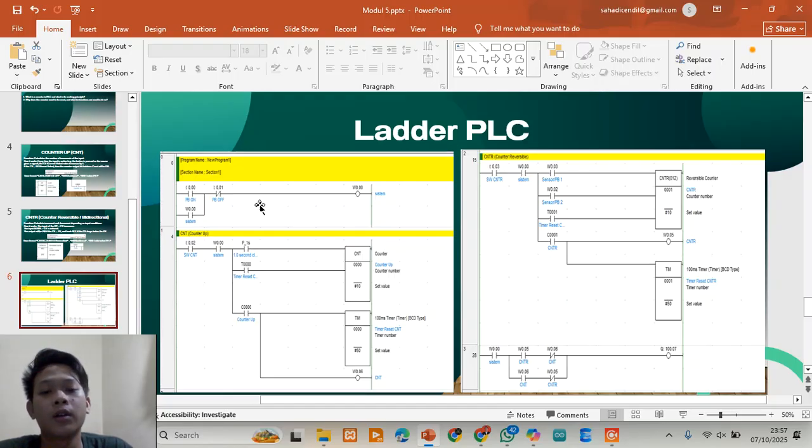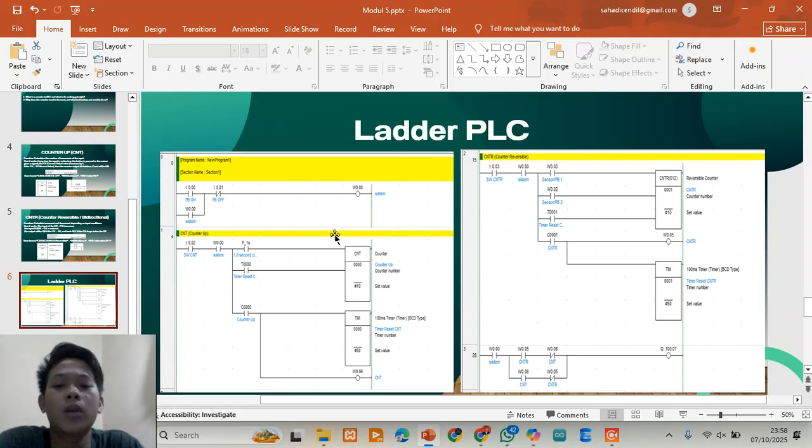Also, all common and ground in the PLC, COM and GND, are properly tied to 0 volt DC or neutral DC.